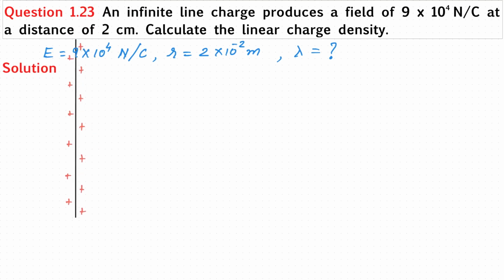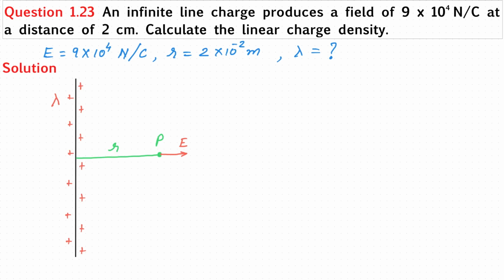Let me show the figure as well. Here let us say this is a linear charge density on a straight wire, and the linear charge density is lambda here. All the charges are shown as positive. And now suppose here is a point, let me call it P, at a distance r, and the electric field, which will obviously be radially outward this way, is given, and in this condition we need to find out lambda. So let us go with the equation.